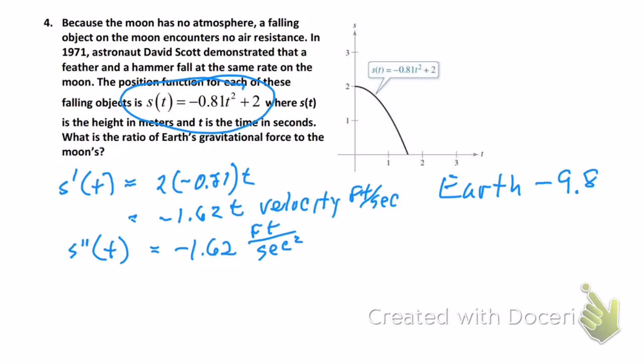So it's asking for the ratio of Earth to the moon. So if you've got a calculator, I got a calculator real handy. Hold on. If I say negative 9.8 divided by negative 1.62, I get about 6.05. What does that mean? Earth is 6 times more gravitational. The pull of Earth is 6 times stronger than the moon is, which means,